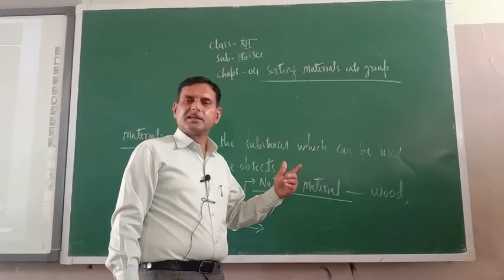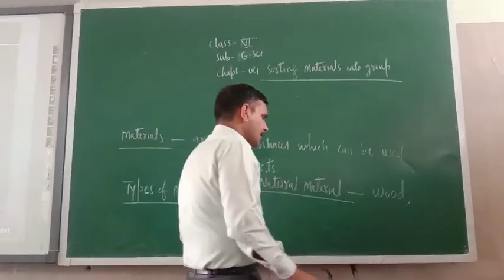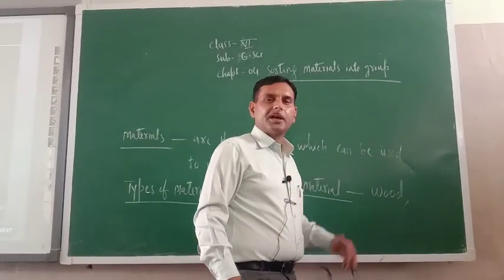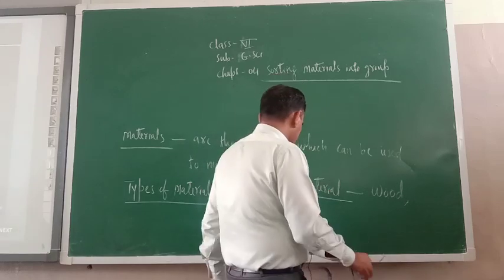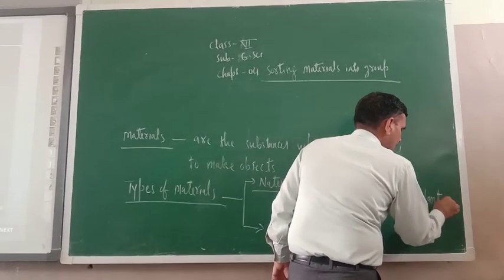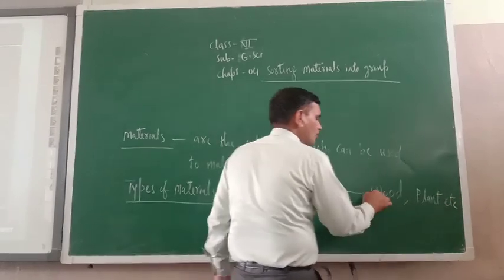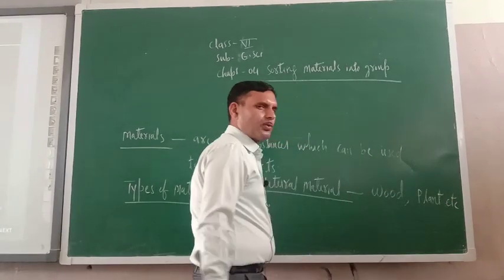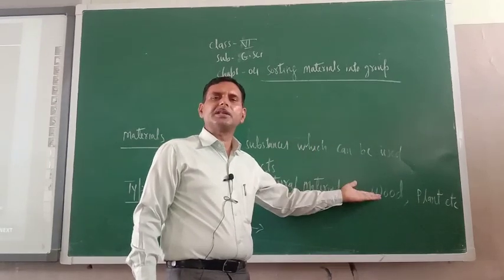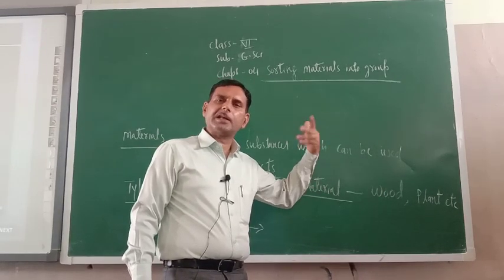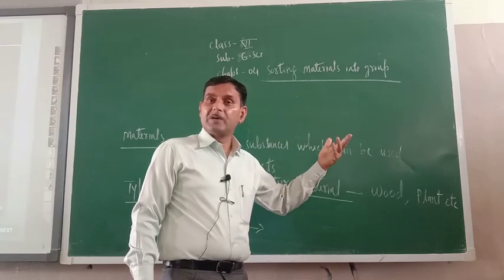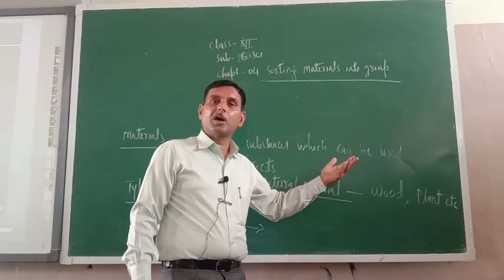What else is present? Wood is present. Any other thing? Can you remember? Plants are also present in nature, so we can write plant here. Wood you will get from plants only. There are so many things which are found in nature. It doesn't mean that you should write only wood. You can write any other thing. Stone is also found in nature. Pebbles, stones, they are found in nature.